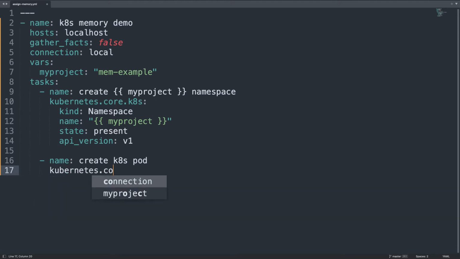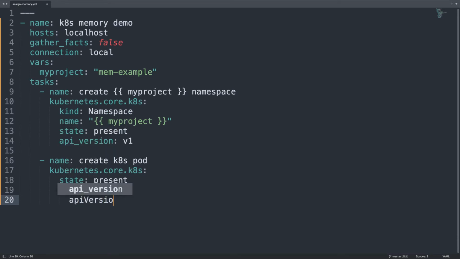So kubernetes.core.k8s again, and let's create a pod. State must be present, and this time let's define one definition inline. This is a YAML document, the same that you are used to use in Kubernetes. So apiVersion v1. The kind must be Pod,